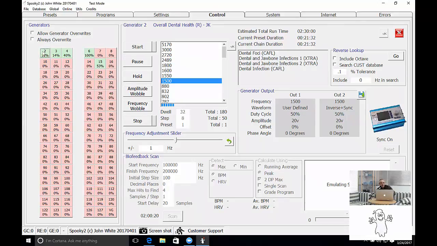Okay, so that answers the first question. How do you create a spectrum sweep? Oh, we're still on the subject of sweep. The second question is how to create a carrier sweep. Well,